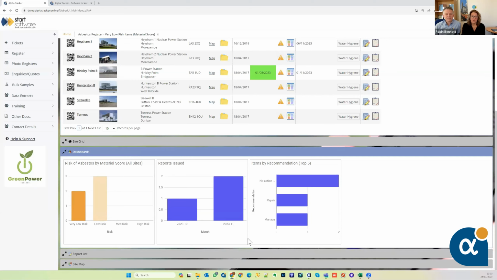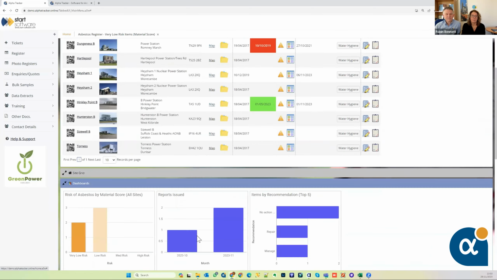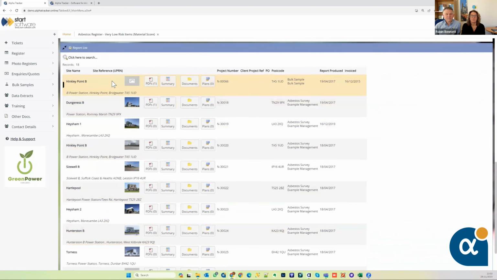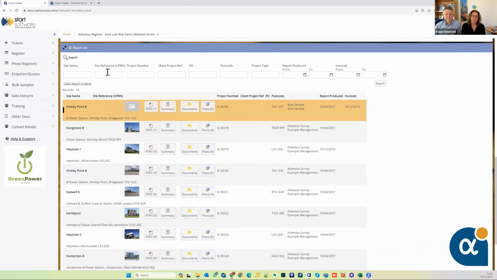You can do that on all of those. We've also got the report list. So this is across all of your sites, all of the reports. You can come in here and search. It's quite an easy way to get to them, but perhaps it's easier to go off each of the sites